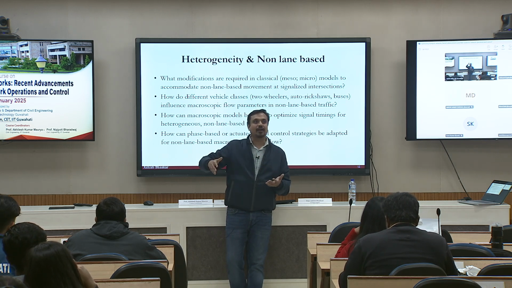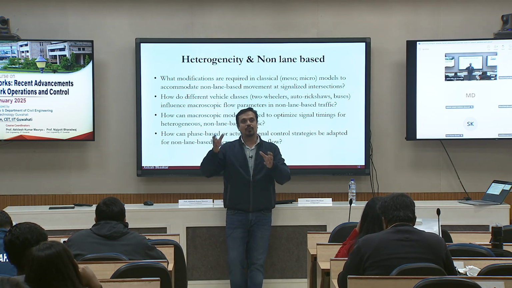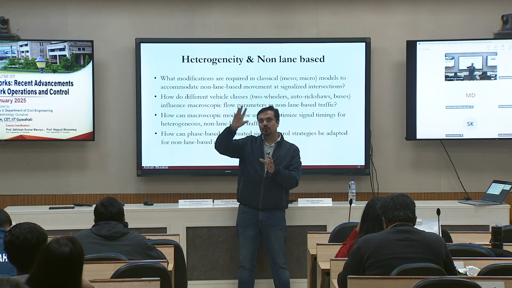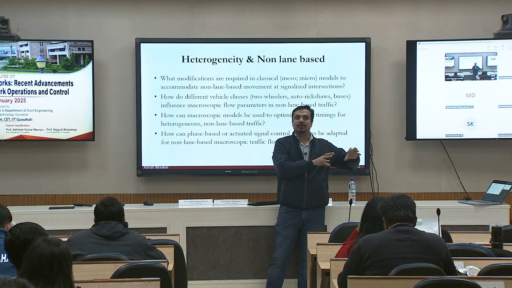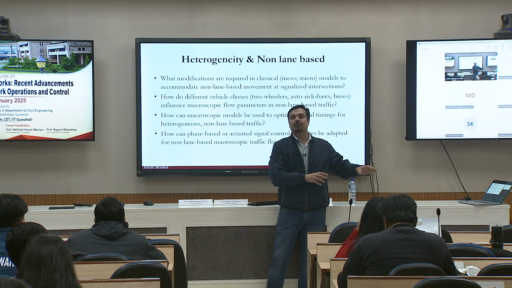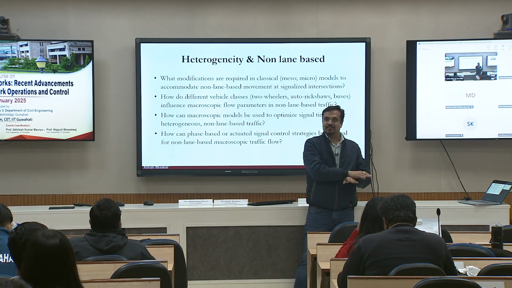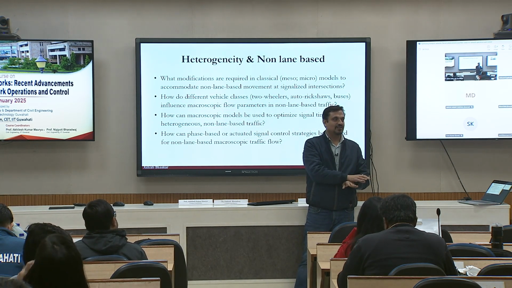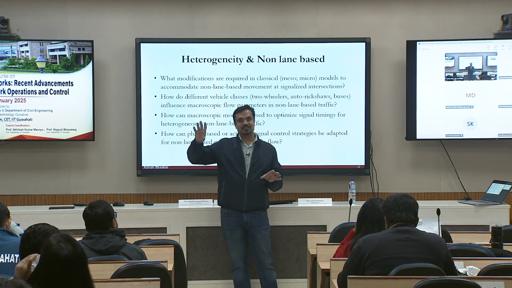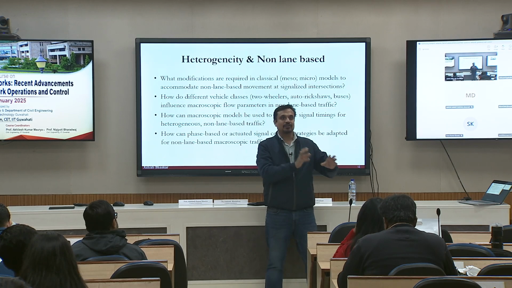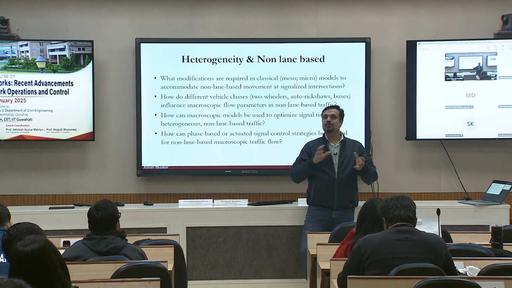We talked about the fundamental diagram. How does that fundamental diagram look if I have heterogeneity? So what modification do I need to make in that fundamental diagram shape and my cell transmission model to capture them together to address the problem at hand? And if your problem is signal optimization, that is the scope. We do not want to do anything else, only signal optimization at this stage. So think from that perspective, and that will lead to your own research directions. But think of the impact it is going to cause. For example, if I want to optimize my signal parameters at an intersection, my tool is going to help with that.